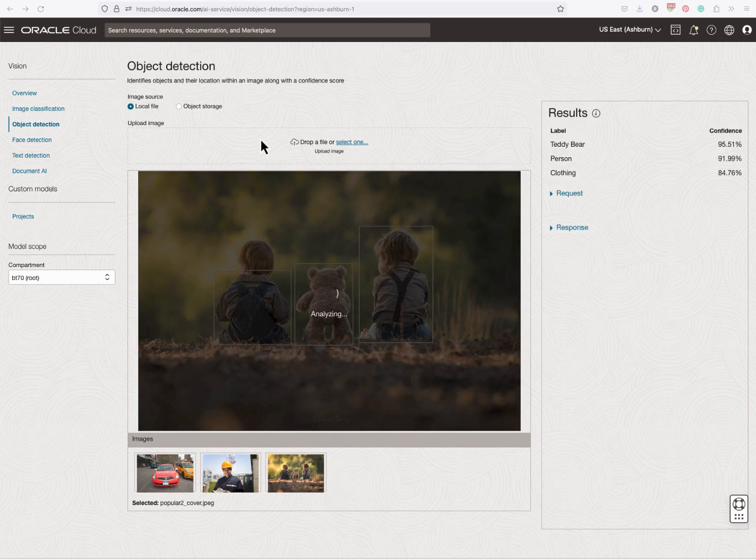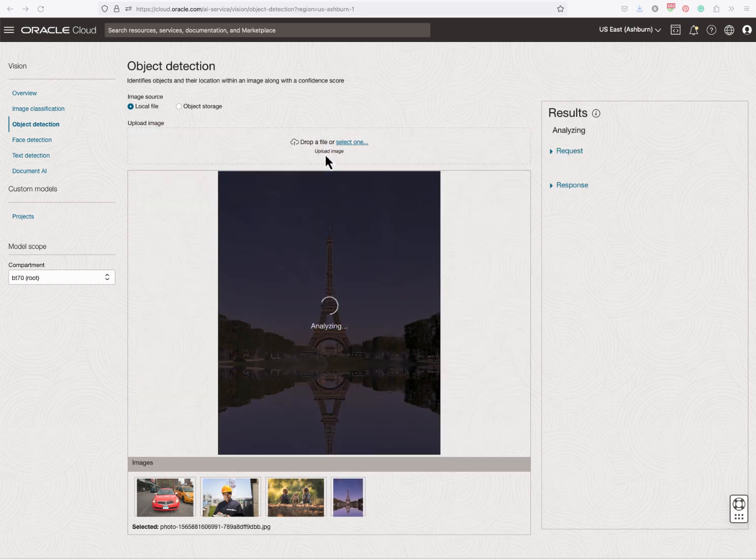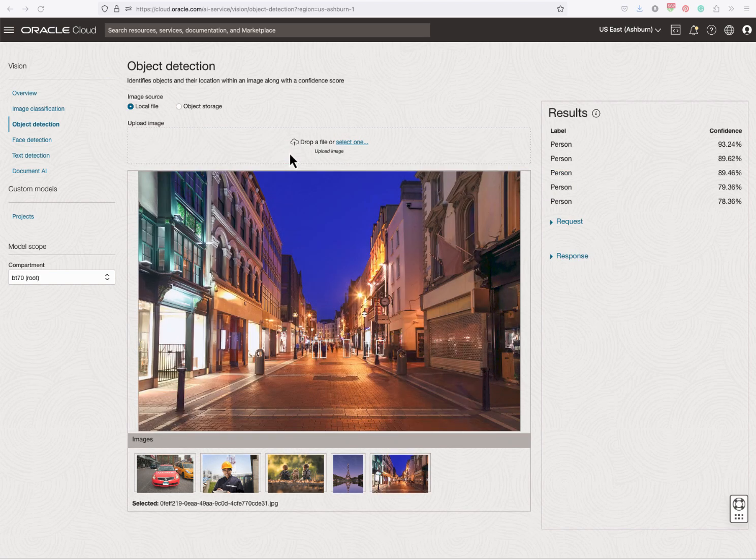Looking at our previous images that we used for classification, we can pull these in, but we get to see different things because these models are built differently. Although the kid on the left has only been identified as clothing, in this particular case we get a tower, but under classification we saw other things being identified as part of that image. We bring in the shopping street in Dublin. The only thing we get in this particular case is people identified within that, not necessarily the buildings or the sky or